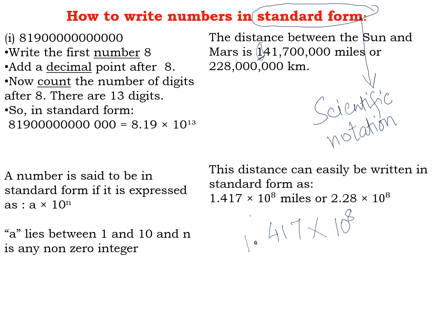Clear? Same way, 228, this number can be written as what? First we will write the very first digit, that is 2. Put the decimal, fine. Then 28 you should write, no need to write all the zeros, into 10 to the power. Now 10 to the power means leaving the very first digit, how many digits are there? 1, 2, 3, 4, 5, 6, 7, 8. So it is 2.28 into 10 to the power 8. These are the answers written here. I hope you understood this much. So let us move to the next part of the slide.